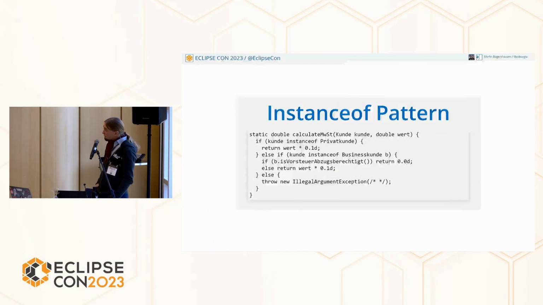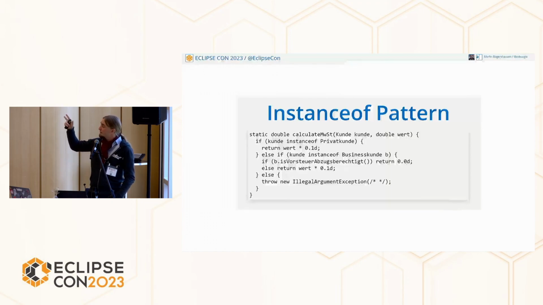Let's tackle the first one, the problem with the instanceof and the casting thing. Now I use the instanceof pattern. That's a pattern Falk will also talk about, and I copied the small logic inside the method just because it's better fitting on slides now. Important is the business Kunde there. Kunde instanceof business Kunde B. That's basically a type check, a cast, and an assignment to a variable B. So no problem, we will never again have this problem if we use this pattern, that we check the type but cast it to the wrong type, or the other way around.